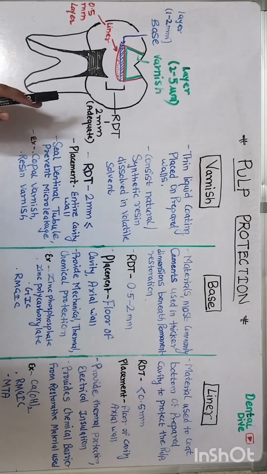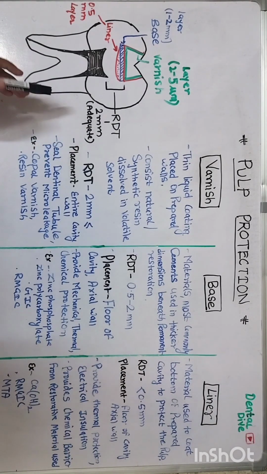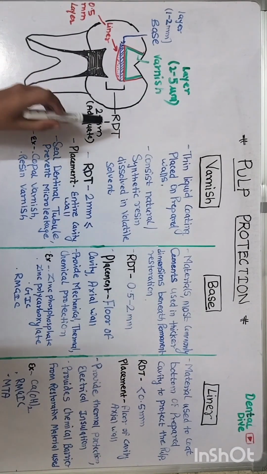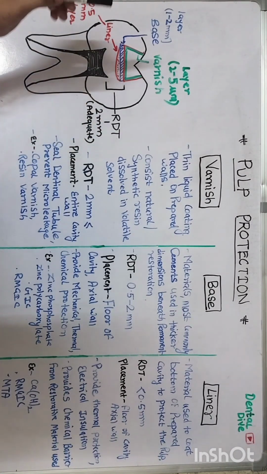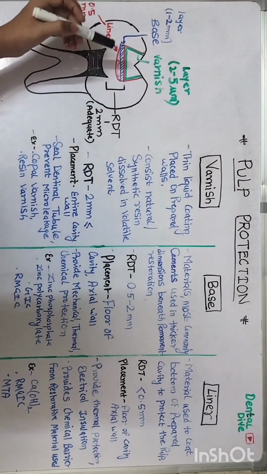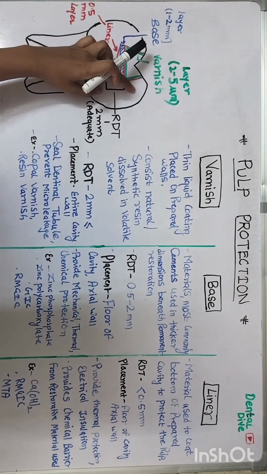Today we will discuss the topic of pulp protection. It has three major components which are used as pulp protectants: varnish, bases and liner. When they are indicated, for that you need to know about remaining dentin thickness. It should be a minimum of 2 mm. The remaining dentin thickness, which is from the floor of the cavity to your pulp chamber, this distance should be 2 mm